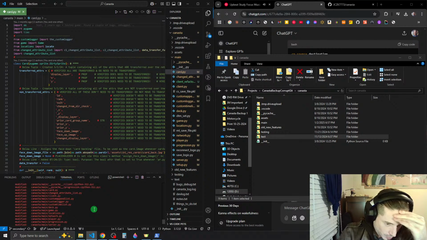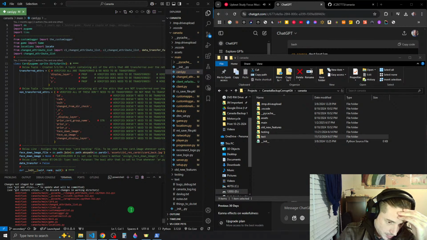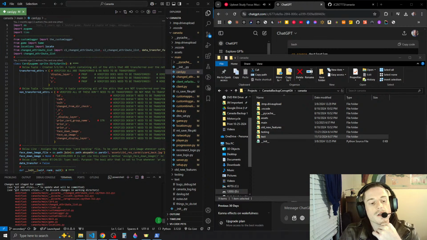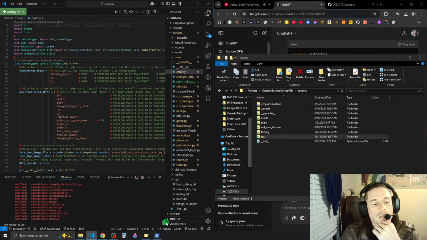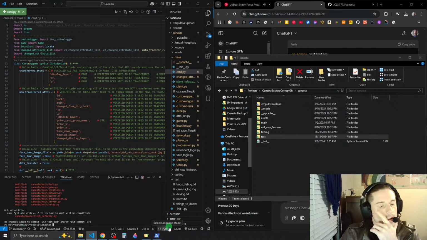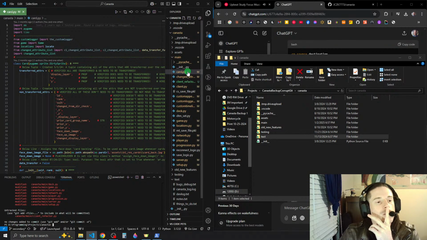Okay, so now it's showing that all of these files here are modified. So we got main, card, so apparently we changed a lot of these. What exactly did we change though? Like what is different? So let's open up card.